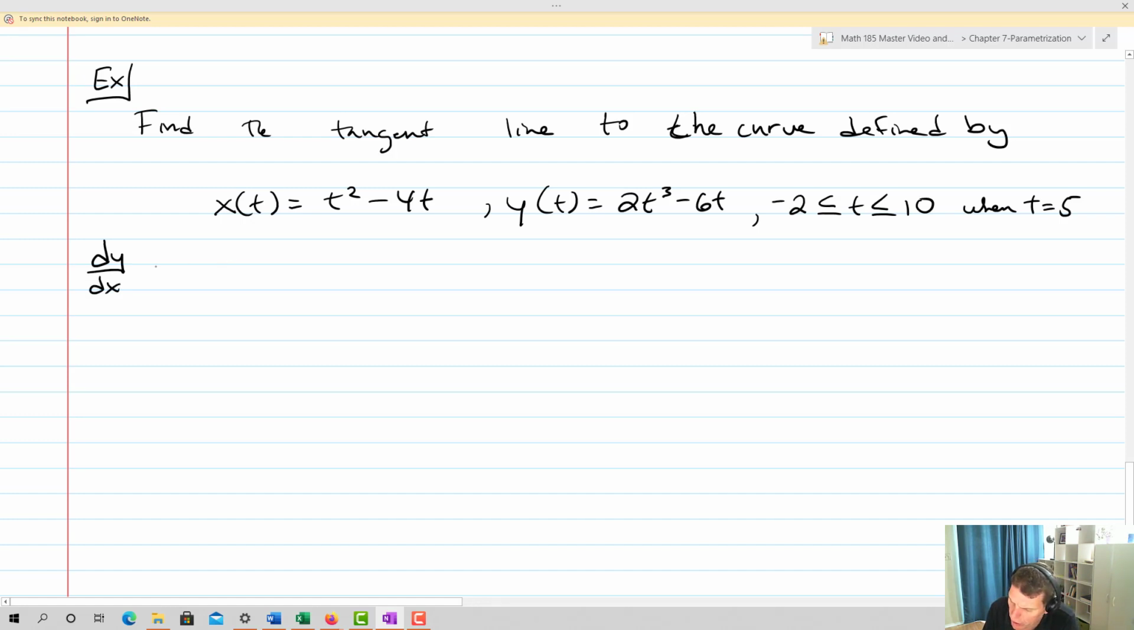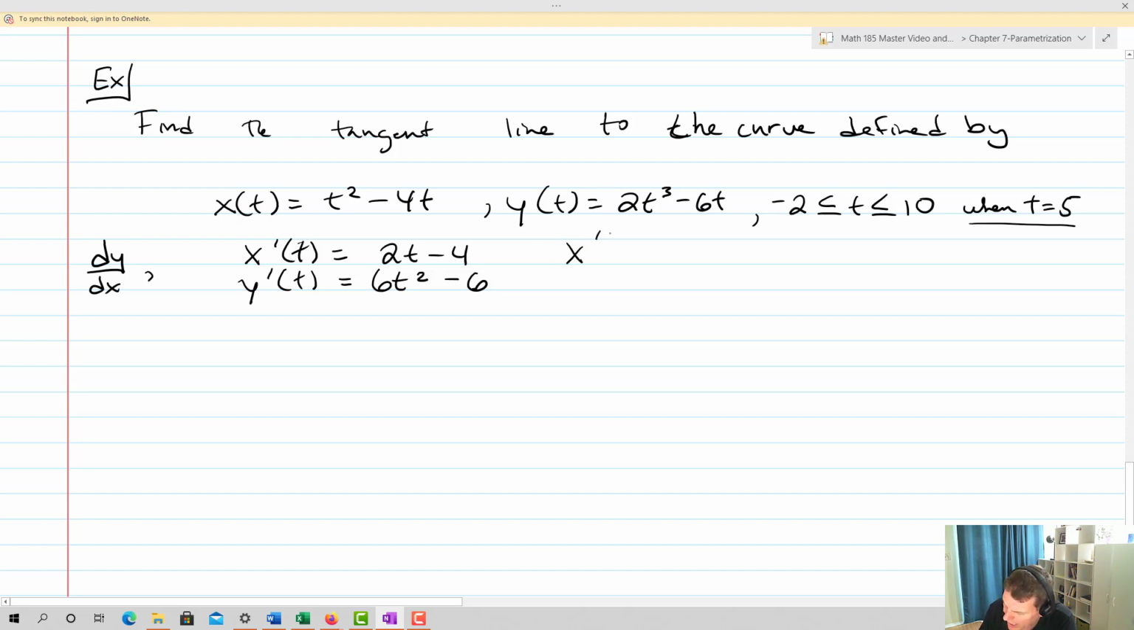Now, what I'll do first is I'm not actually going to find dy dx. I'm going to find x prime of t, which is going to equal 2t minus 4. And I'll find y prime of t, which equals 6t squared minus 6. And since I'm looking for the derivative at a particular time when t equals 5, rather than going through and